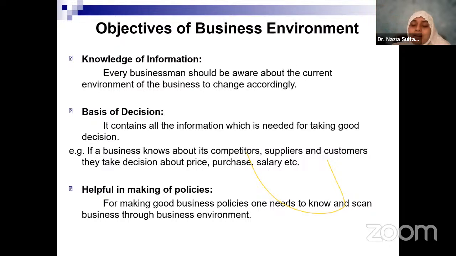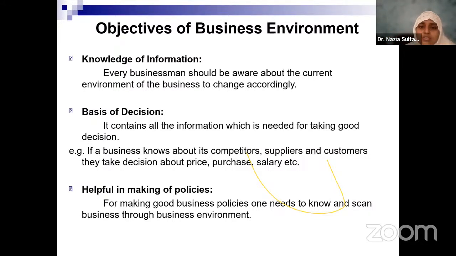In the same way, take any environment. Say, for example, you are taking a decision about expanding your business and you want to enter into some other country. So you talk about going global, or selling your product in another country. Before you sell, you have to understand the culture in that particular country. Otherwise, whether your product will be accepted given the cultural dimensions of that country or not, you have to be very sure about it. I will discuss in detail when we come to cultural environment, but that knowledge about the culture will become a base for you to take a decision whether to enter that country or not, right? So knowledge about the business environment also helps companies to take decisions as such, and it helps in making policies.